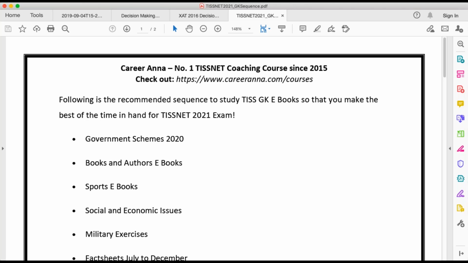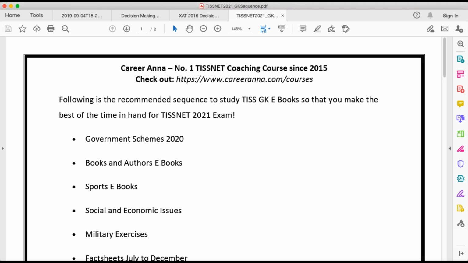They are not going to ask you in which month this scheme was launched. This is a very, very rare thing. You don't need to remember the dates at all. If you want to remember the launch time of a scheme, just remember the month. They are not going to ask you the time. They are not going to ask you the date.